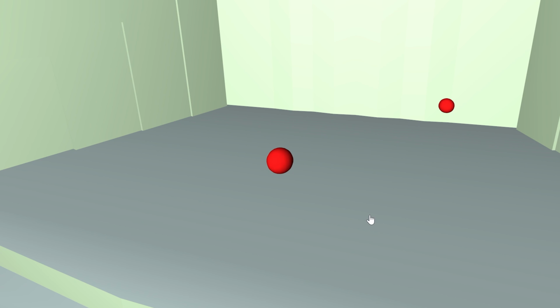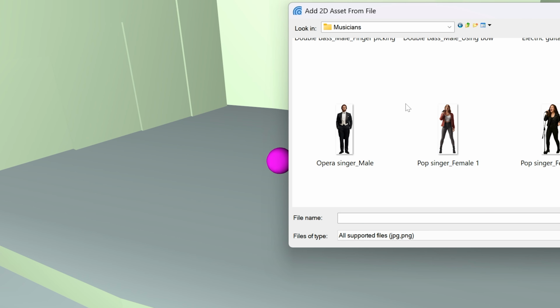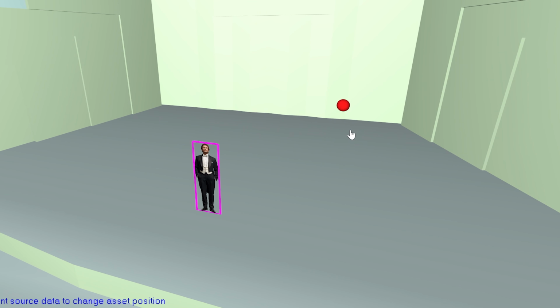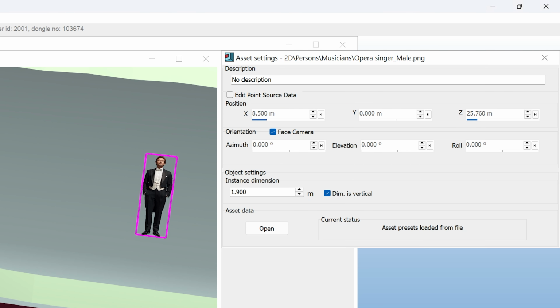While sources and receivers are visible, you can assign an asset to a source or receiver by Ctrl-right-clicking on it. You can confirm that you have selected the source or receiver if it has turned magenta. The position and orientation of the asset will be linked to that of the source I selected, so the only way to move the asset or change its orientation would be to edit the source itself. To avoid accidentally moving the source, it is disabled by default. You can enable editing the position and orientation of the source with this checkbox.